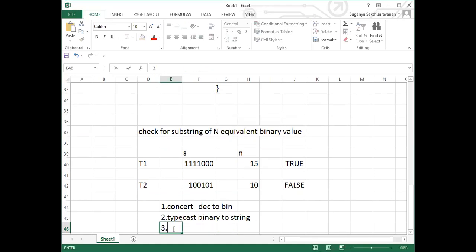And after this, search for the substring. These are the 3 steps. So if you go in this flow, we can solve this program easily.